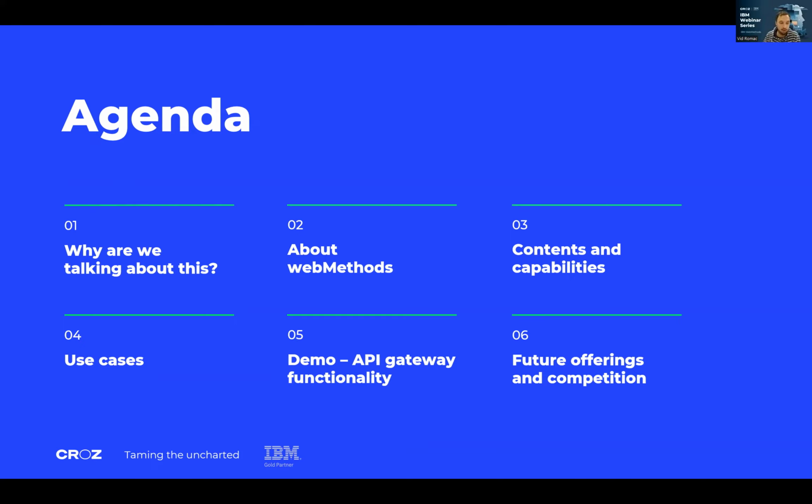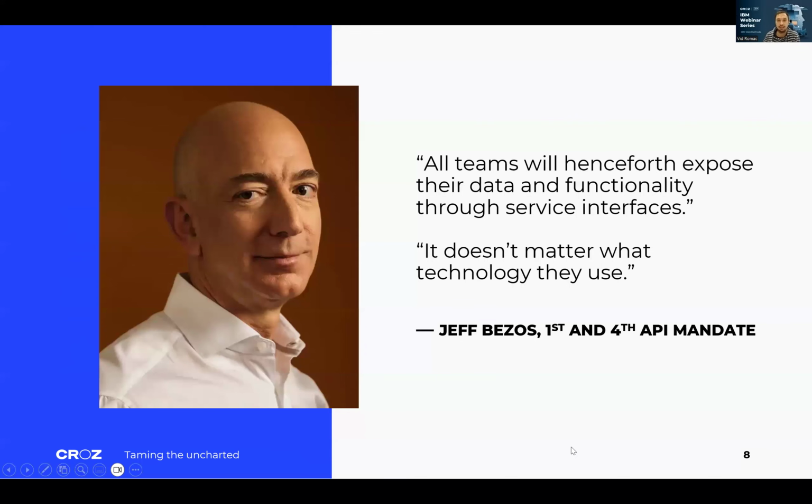So, how a famous play would start: what do we talk about when we talk about integration platforms? I'm going to start with a quote from another famous person, Jeff Bezos. He had a famous note, an email to the entire company, his API mandate, where he listed 5 points of order for the entire company